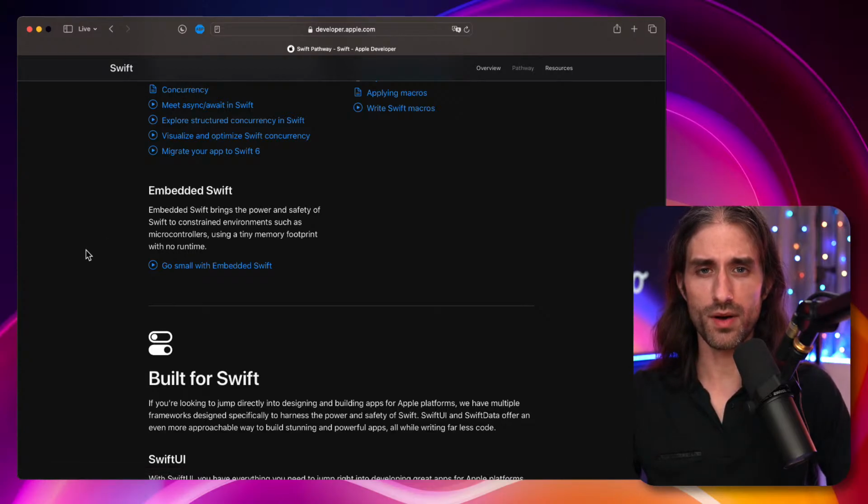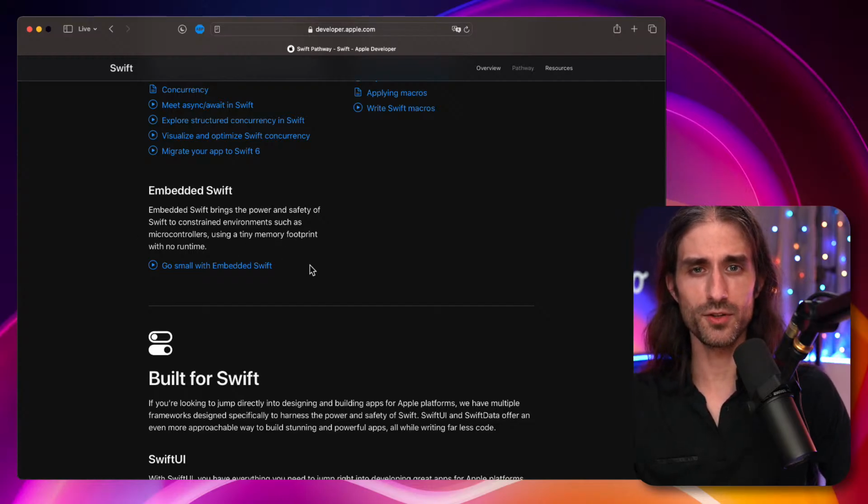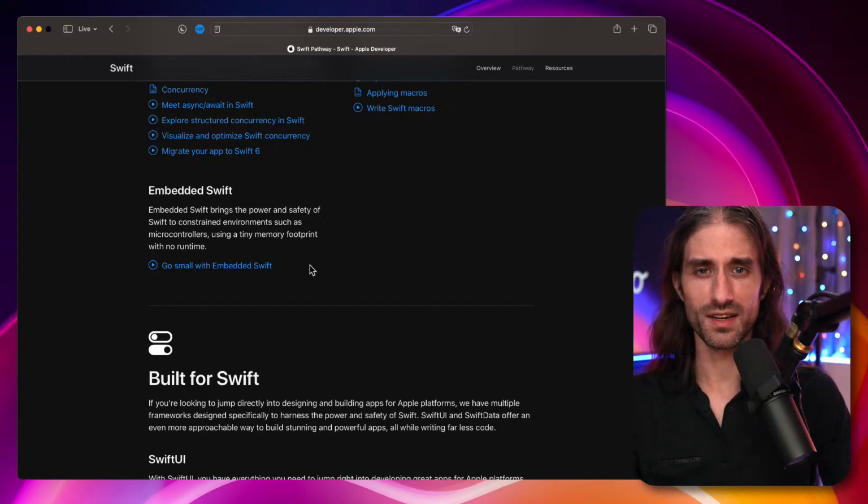I think there was now an embedded release of Swift where the libswift, the standard library, is smaller. So you have fewer features, but it takes less space, both in ROM but also in RAM when executing it. So it's new, and that would be an interesting read. Maybe I will do a live stream on this topic in the future.